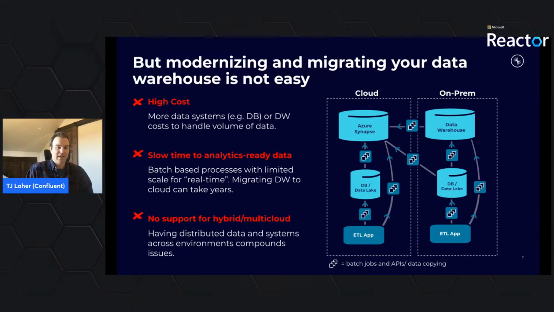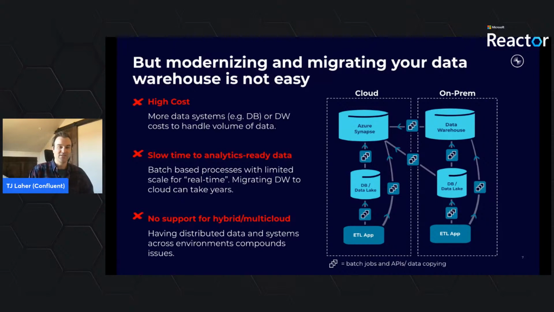The second challenge that we see is that analytics-ready data is slow to get your hands on. That's because foundationally, a lot of these systems are built using the batch-based paradigm. I'm going to move this data to my cloud data warehouse every hour, or every day, or every week, whatever is entailed for that particular use case. So everything is batch-based systems, batch-based APIs, and that slows down the time it takes for the cloud-based data warehouse user to get their hands on that data,